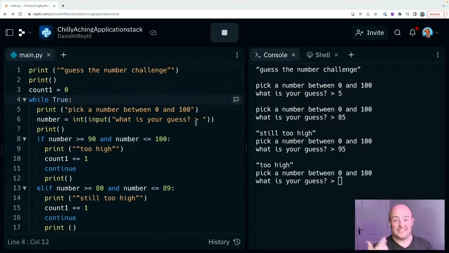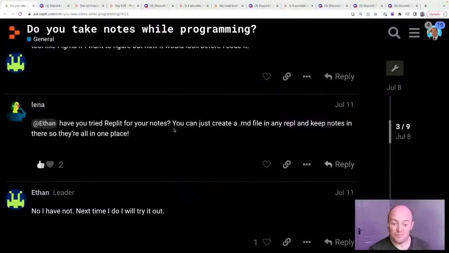Of course, the point of threads is that it's meant to be better used with multiple people working in the same REPL. It's not just for a one person interface, but it is there if you want to use it. So please do feel free. All these features are there. If you use them in an interesting way, let us know the interesting way you're using them because that's the best part of this job.